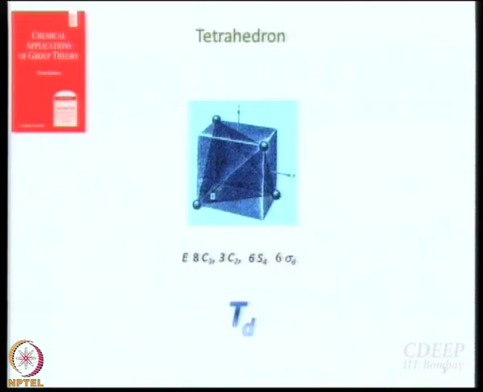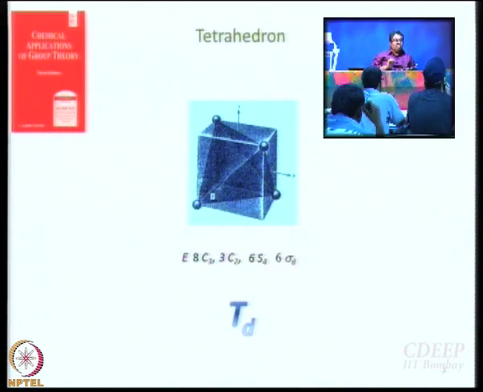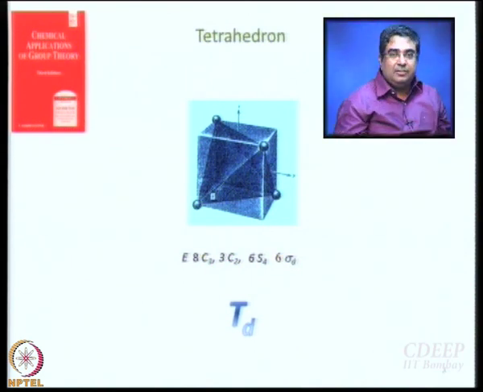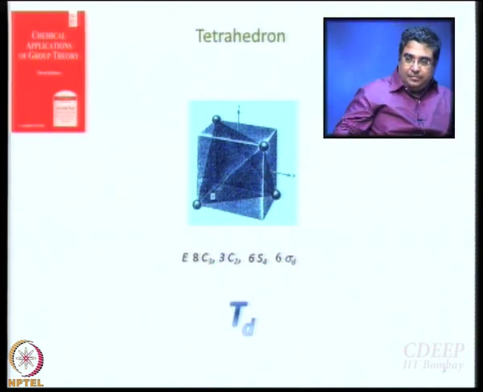Okay, fine. So that is a tetrahedron. In fact, I asked you to work this out at home, isn't it? How many operations are there in the tetrahedron? I hope some of you did it. Even if you didn't, the answer is now in front of you. All right. So this is called TD. And depending on which operations are there, which operations are not there, you can have variants of TD, TH, T, so on and so forth. That you can look up in your Cotton's book.